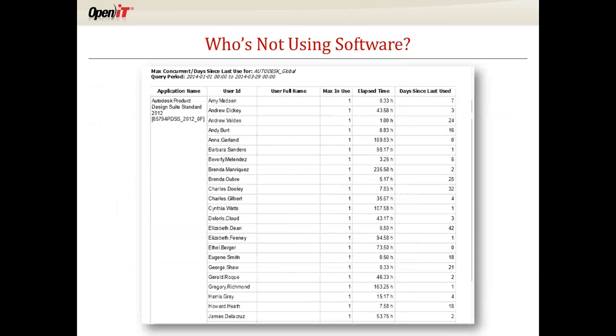If you were going into a negotiation, you could look at how long somebody's been in there, and I'm sorry, it's in a different slide, but this particular example is if you have named user agreements on your software, you want to be able to see, are those users actually using it? So in this example, we've got some users who haven't used it recently and don't have very much usage. Are they no longer with the company? Are they not really utilizing the tool? Do they need to be a named user on your specific licensing agreement, or can we harvest those licenses and use them elsewhere?